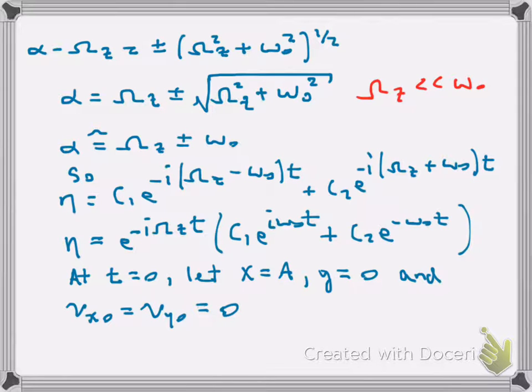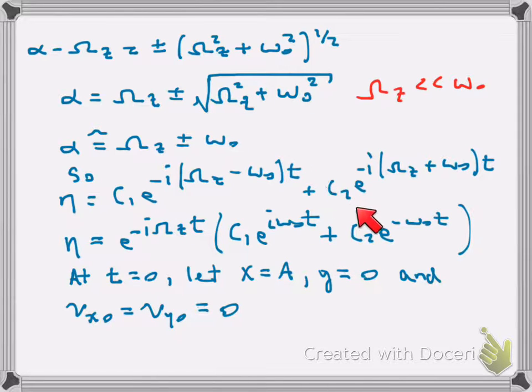So we have, as promised, e to the minus i omega z t, and then we write out what's left, which is c1 e to the i omega naught t